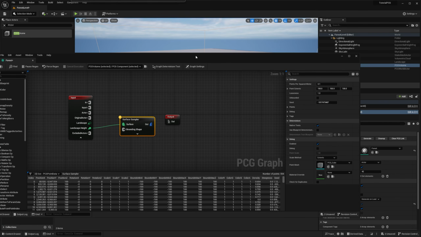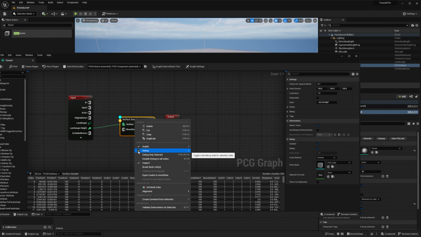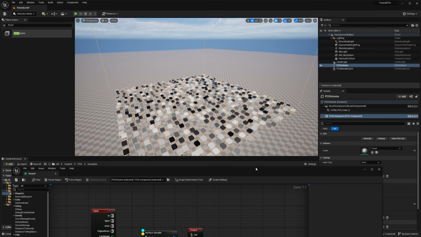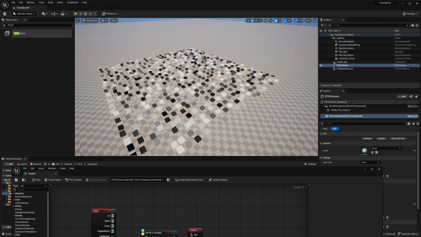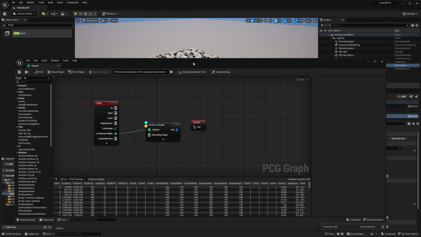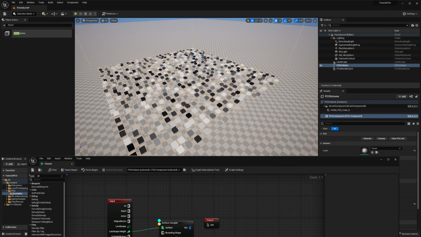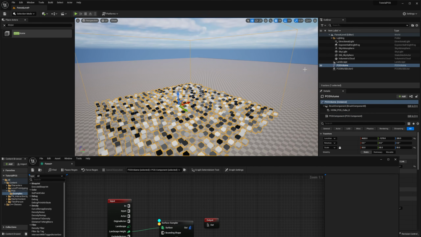So to help you debug when you are designing your rules, we also have a debug option. You can click debug and ta-da, you have some points that are scattered on the landscape. So you can see exactly all the points that are generated. And in the list, you can see this position, the rotation, the scale, and a lot of different information that is interesting. What is also interesting is that if you are modifying the bounds, it will also regenerate it automatically.